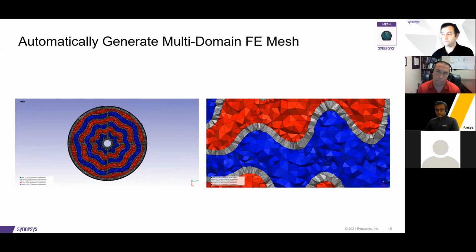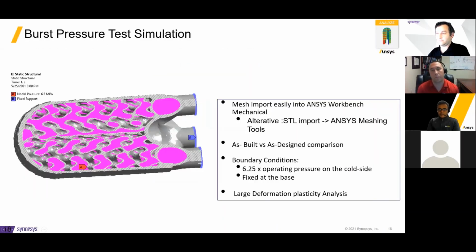So once the model mesh was generated, we then passed this off to ANSYS for simulation, where they ran the simulations to compare performance of the as-built part to the as-designed part. And with that, I'm going to turn it over to my colleague, Sunil, who will review the process for the simulations and the results. Thank you, Tom. So as we